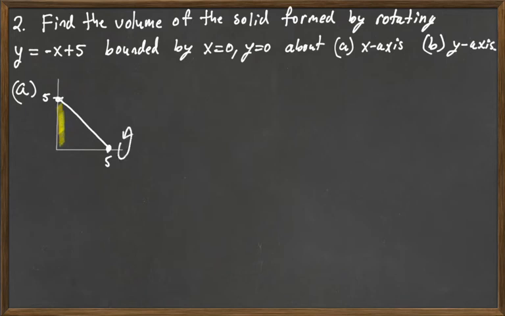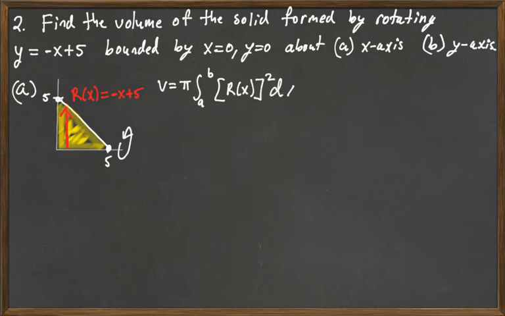Rotate around the x-axis, go ahead and highlight the region that we're going to rotate, determine your radius function here, which is simply negative x plus 5. Your volume is going to be pi, integral from a to b, r of x squared dx, okay? So we got our radius function, and then our limits of integration are going to go from 0 to 5 along the x-axis. So pi, integral from 0 to 5, negative x plus 5 squared dx